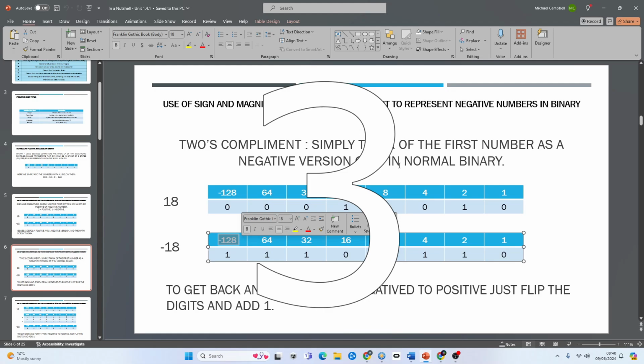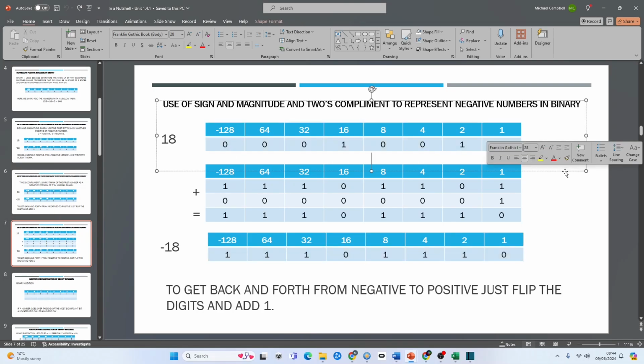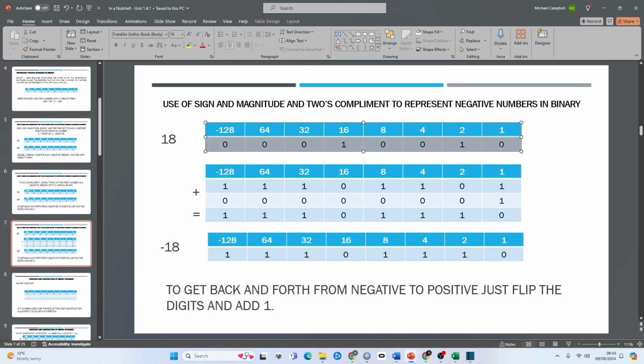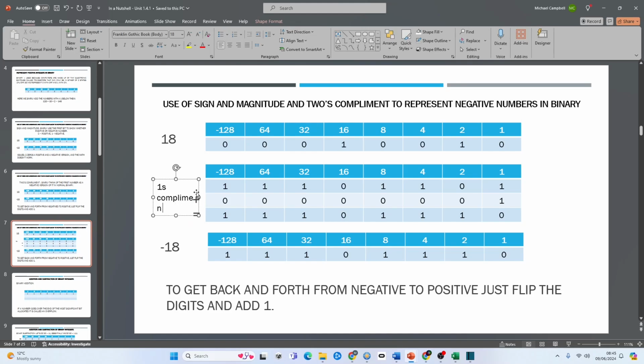There is an easier way to do it, and that is by flipping it and adding 1. So at the moment here, we've got 18. I'm just going to get rid of this little bit in the background. We've got 18 as a positive number, okay? Right, using 2's complement, but positive. So we flip it, and when you flip it, this is called 1's complement, okay? So this bit here, and I probably should put a little message there, is called 1's complement. So it is the flipped version of the number, okay? So you flip it to get it into 1's complement,